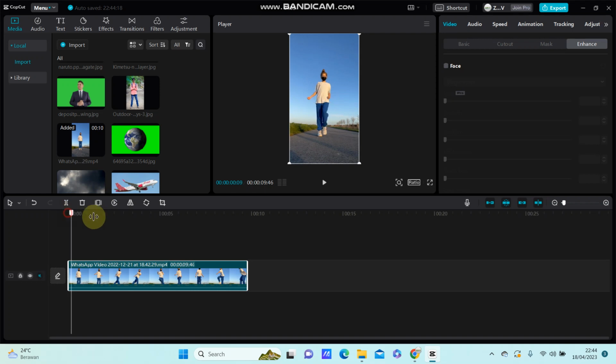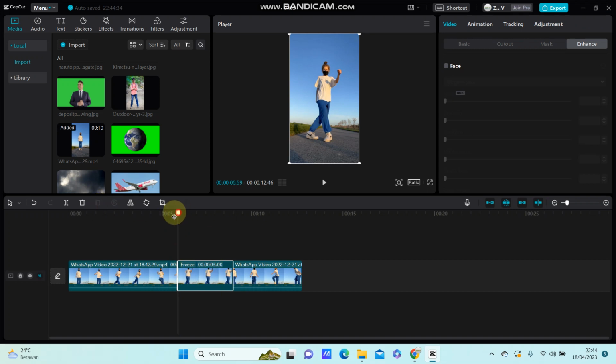How to use it? Just select the frame you'd like to freeze on the clip. Control, select this part and click on the freeze button here. You can see, you can make it shorter,